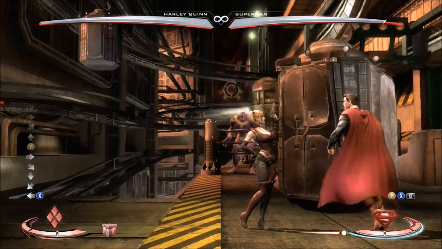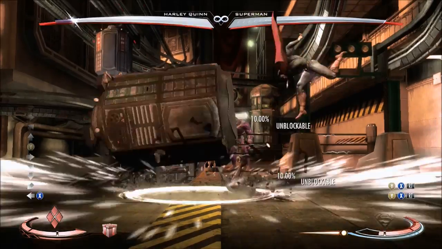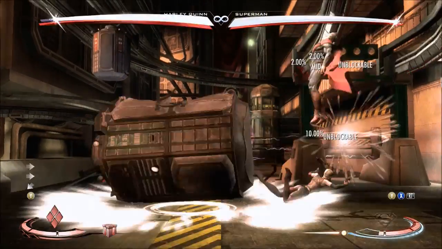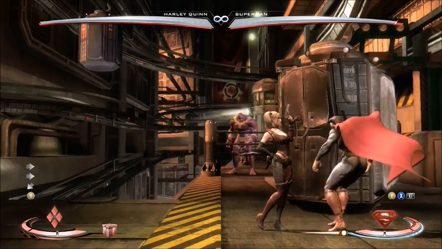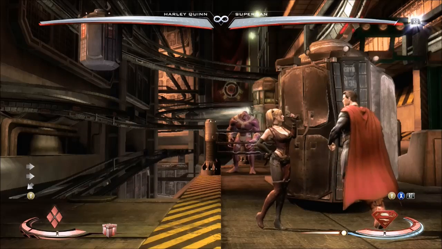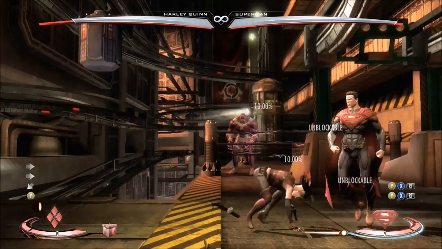As you saw, I did jump 2 into gunshot. That hit Superman out right before he was going to throw the interactable. Or you can do down 2, and sometimes you can hit him out of it, and the interactable won't even rip. Now, that's really precise timing, and that's really if you're feeling ballsy, if you're feeling froggy, or if you